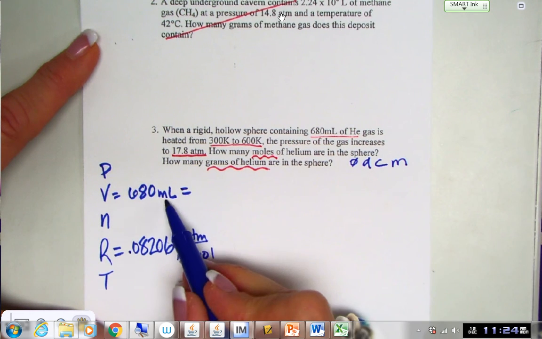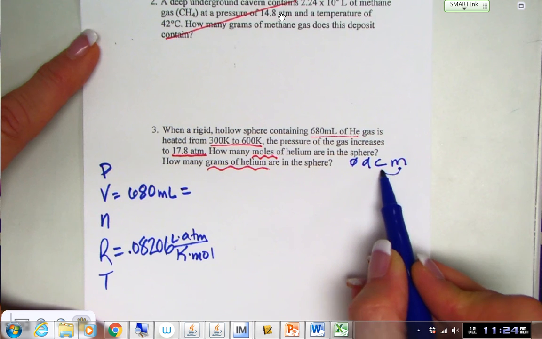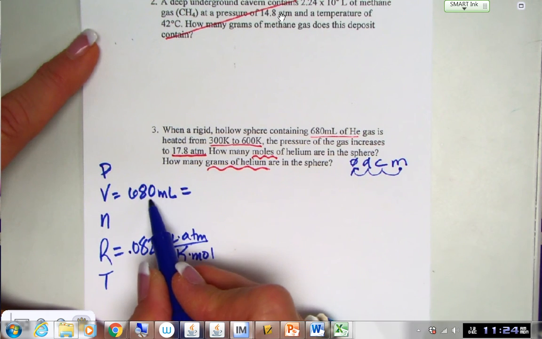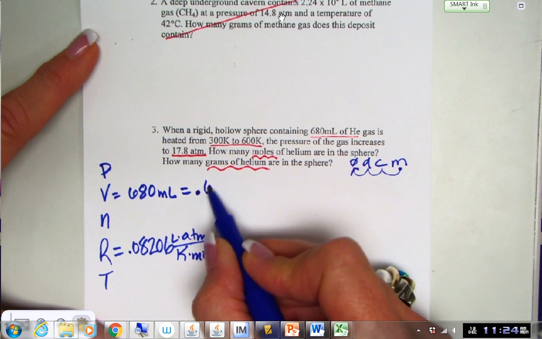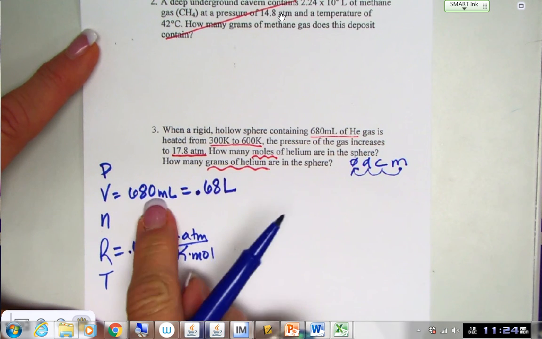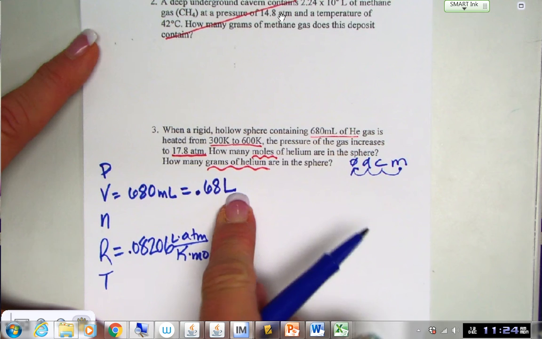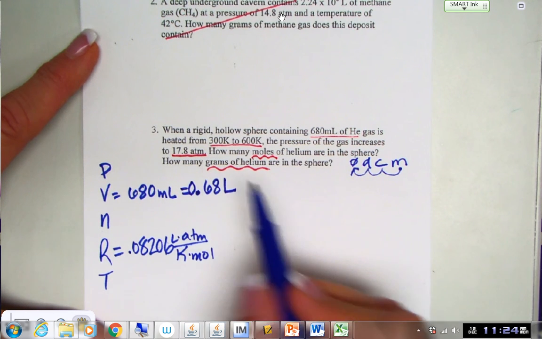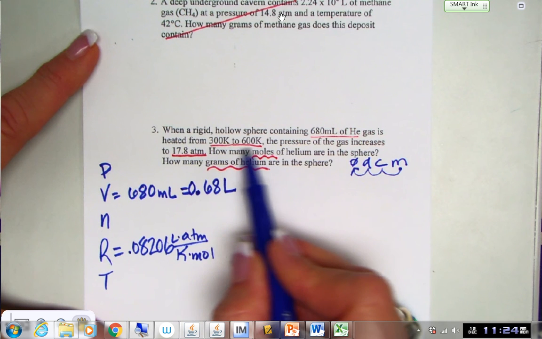We need to go from milliliters to liters. So take your decimal, move it 1, 2, 3 places backwards. So if you move it back 1, 2, 3, you're going to get 0.68 liters. Remember, this has 2 sig figs, so keep it 2 sig figs here. So 0.68 liters. Then it gives the temperature in Kelvin, but y'all, they've given 2 temperatures, so which one should